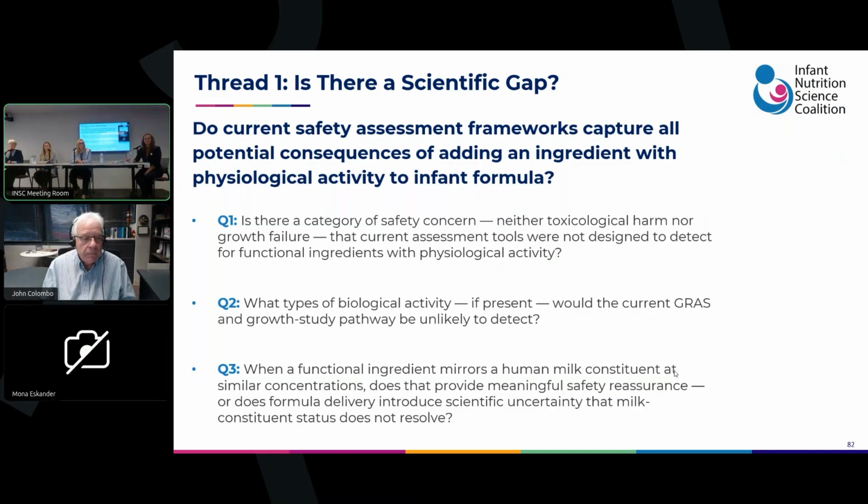Is that adverse? You could argue that, but I think the DHA example is a good one. Maybe with DHA and ARA at the right level, you're as close as you're going to get to human milk. But even if the ratios are a little bit off, you're still getting closer. You're just not getting all the way closer. So is it adverse? I think you could argue it's not adverse. It's not as good, but it's not adverse. So what is harm? I will throw it out there: harm is getting further away from